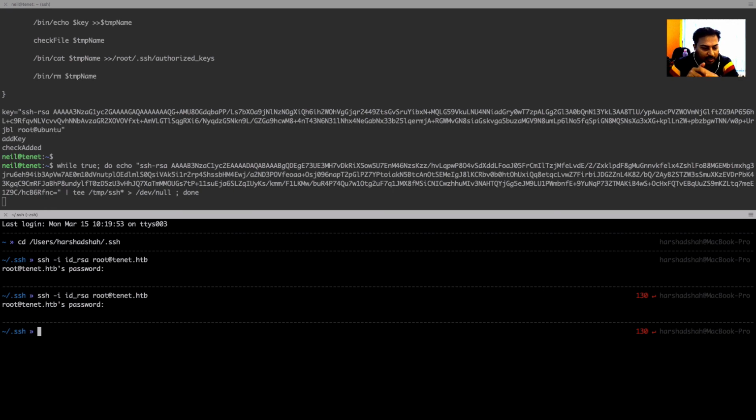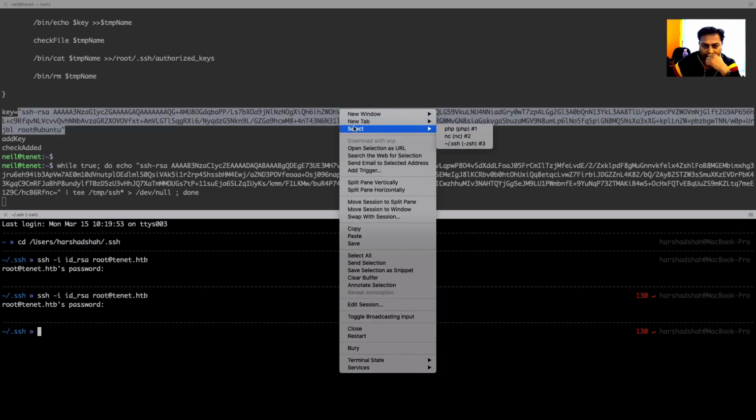Let me check if I made any error. While true, the syntax is okay, we do echo with the ssh key we copied, and after that we used a pipe and then tee /tmp/ssh*, then a greater than symbol, then /dev/null, termination, and done. So the command is correct.